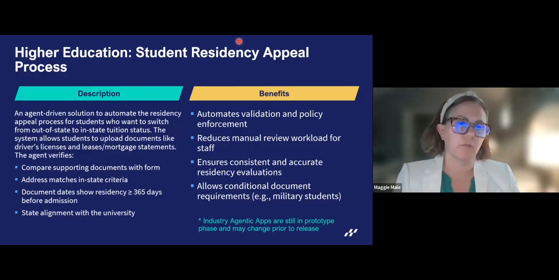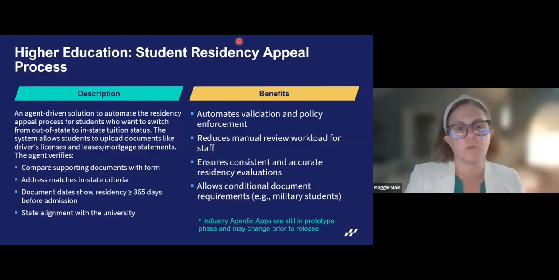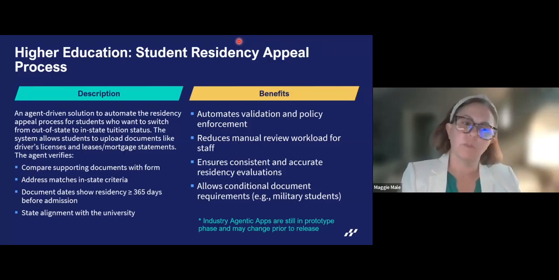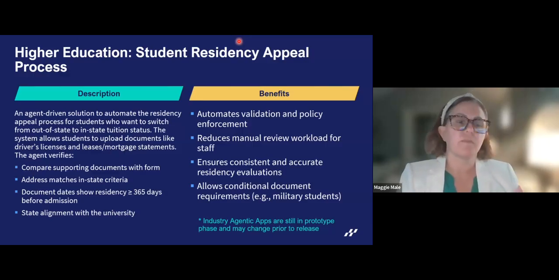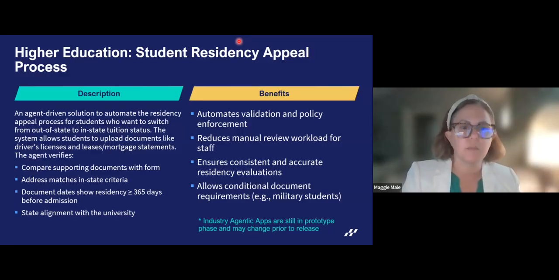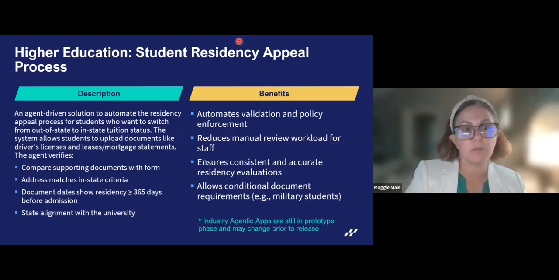So what we're working with in these documents is that we're comparing the supporting documents against the form. The idea being that, in a student solution, this might be behind a portal where some of this is auto-populated, auto-generated, or it could be something on the website that they have to populate themselves and then submit. So this agent-driven solution would allow us to automate some of the steps for that residency appeal